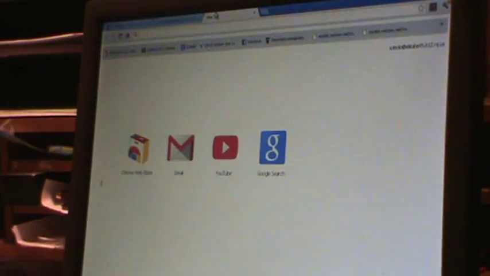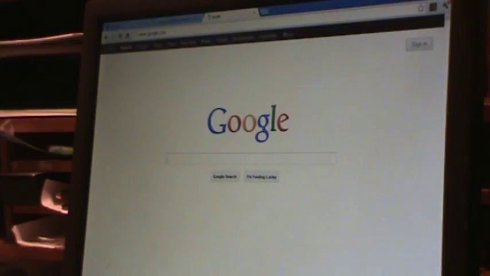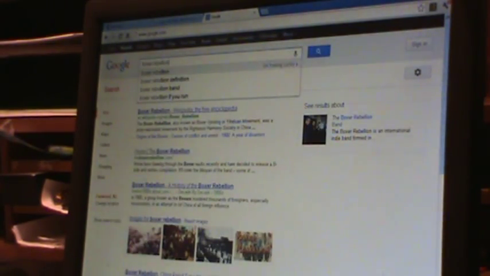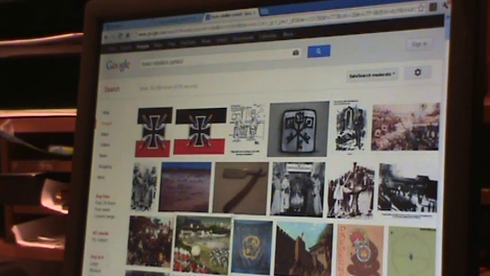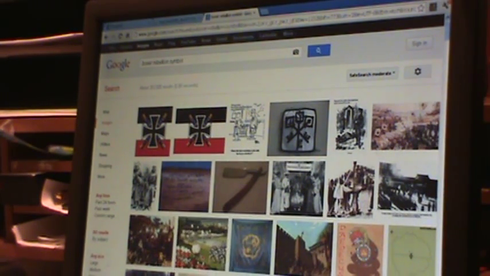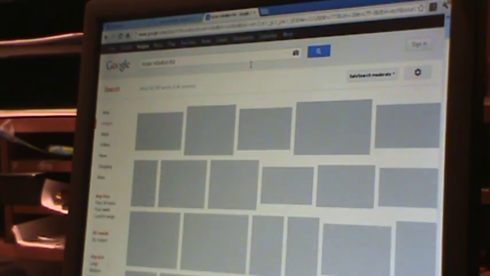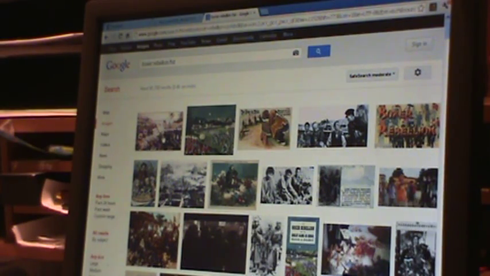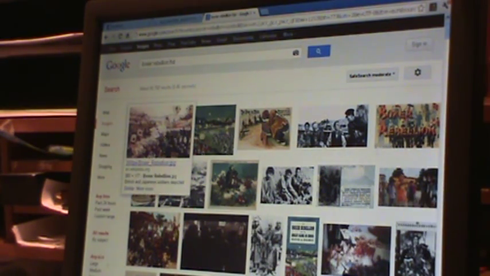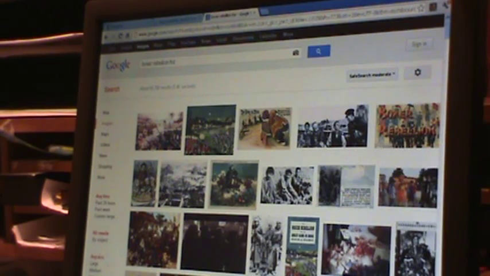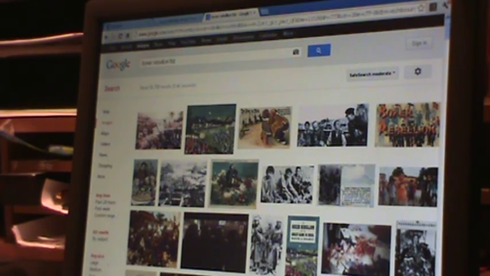Let's see if we can find that. Boxer Rebellion symbol. That's German. Boxer Rebellion fist. See if we can. No. Not finding one easily here. In any case,